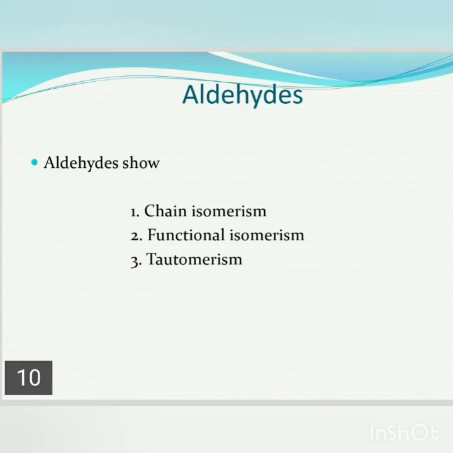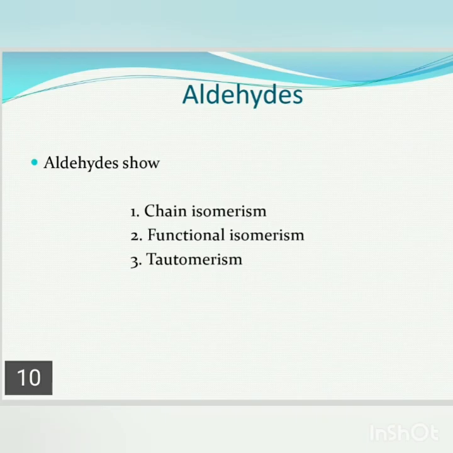First one is chain isomerism. So what is chain isomerism? Chain isomerism is nothing but the compounds having the same molecular formula but differing in their carbon chains, known as chain isomerism. For example,